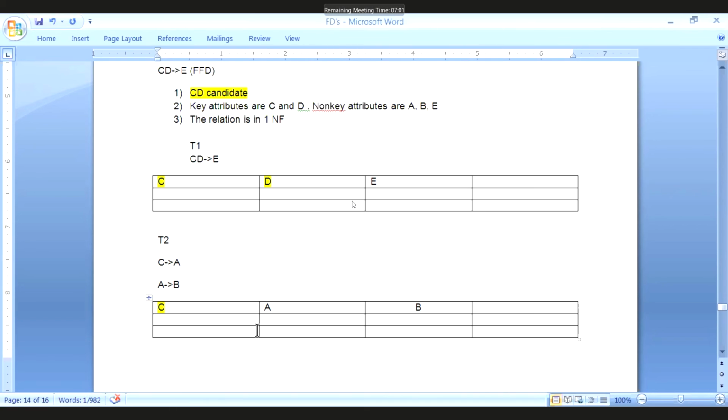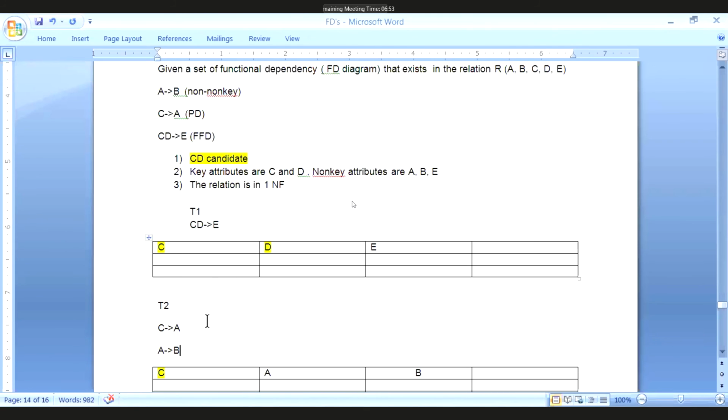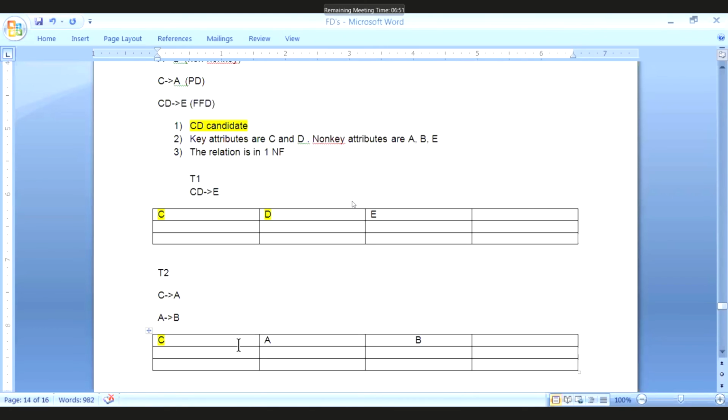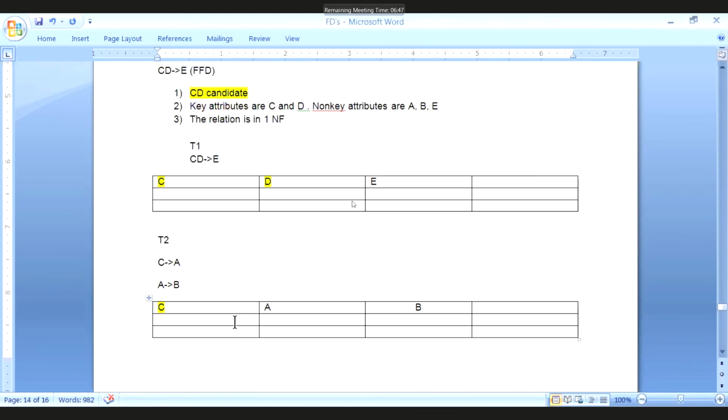Now, once you have decomposed it in this manner, you have to check whether dependency is preserved or not, that all the FDs are preserved, and whether it is lossy or lossless. So is it lossy or lossless? Lossless, ma'am. Why is it lossless? Because who is the common attribute? C is the common attribute. C is a candidate key of at least one of the relations, which relation? T2 relation. Since the common attribute is a candidate key of one of the relations, I will say it is lossless.